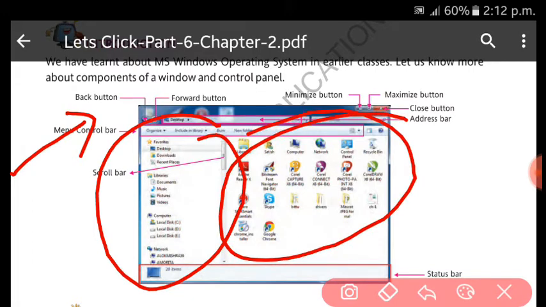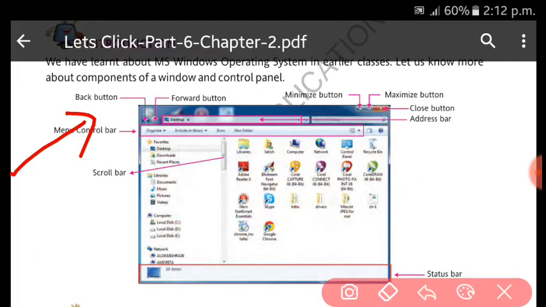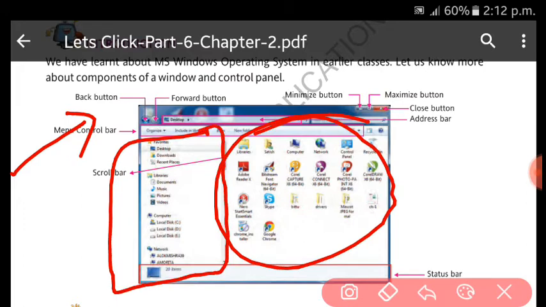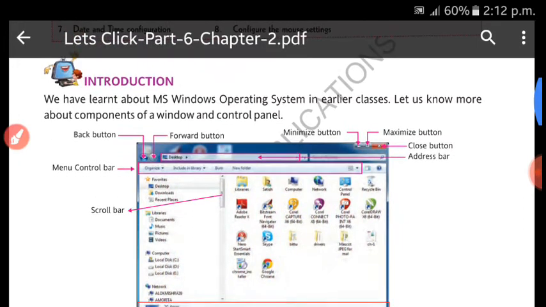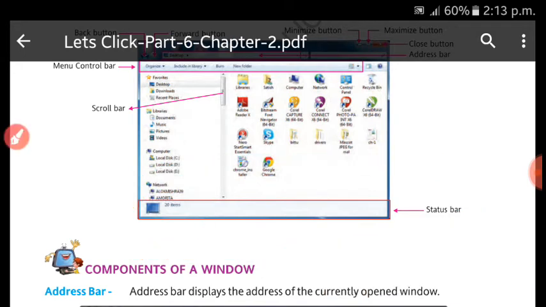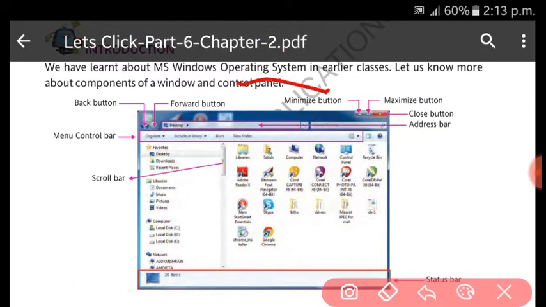On the right side, many icons of the files and folders are given, whatever is available. Here you can see the location is given. If you would like to go to a specific directory or folder, you can go directly from there. And downside is the status bar, showing there are 20 items available here. One more thing, this is the address bar. It shows what you have opened, the current location on which you are present.